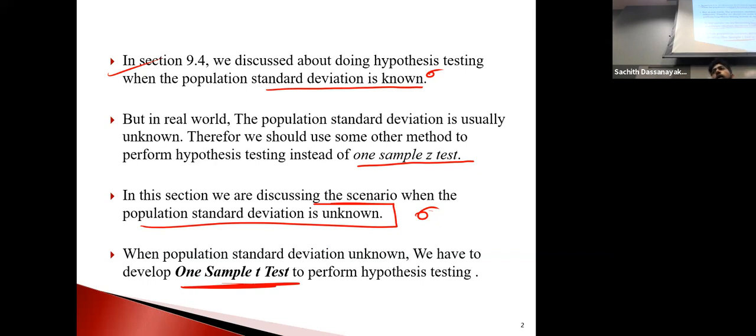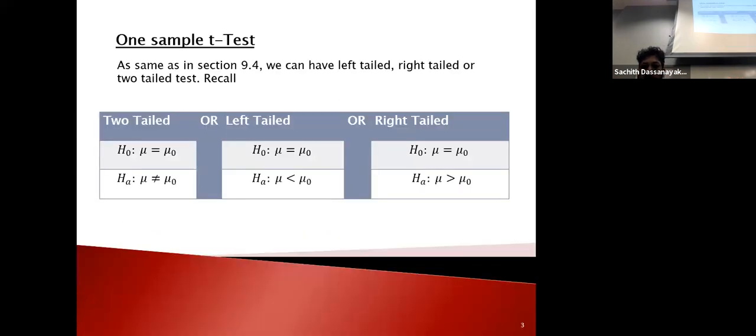That's the idea. Okay. All other processes like critical value approach, p-value approach, they are exactly the same. Okay. Right. One mean, one sample T test, or one mean T test. Based on the tail, again you have three cases: left tail, right tail, or two tail. Doesn't matter. The null and alternative hypotheses are exactly the same. Always null, mu equals mu naught, based on the tail, two tail or one tail.